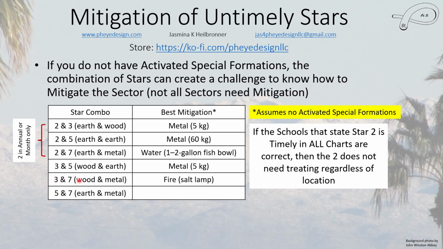Now the 3 and the 7 is wood and metal. And so this one, we haven't covered this combination yet. And I would say you just do a salt lamp without a monthly candle. The first time you light the salt lamp, yes, you have a candle lit already, but you don't have to let the candle go more than 30 seconds. That's enough. But the salt lamp has to be turned on before you blow out the candle. And you can just leave a salt lamp there. You do not need to do a weekly